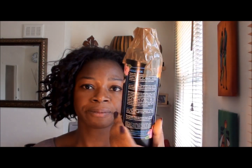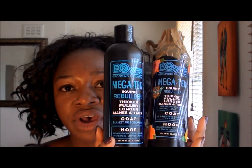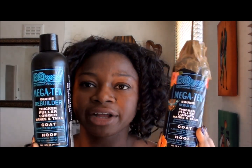Now, one thing that may hinder my consistent use of Megatek is that the formula's changed. So I placed an order from an eBay seller for some more Megatek, and aside from the fact that there's flowers on there, the packaging is different. This is how it came, by the way, so this is how the seller sent it to me, and this is the old bottle, so you can see the difference between the two. So a little bit of product information changed, but really it's more just the flowers on the bottle that has changed. But when you then move to the back and look at the ingredients,